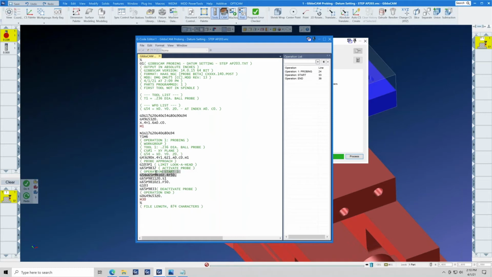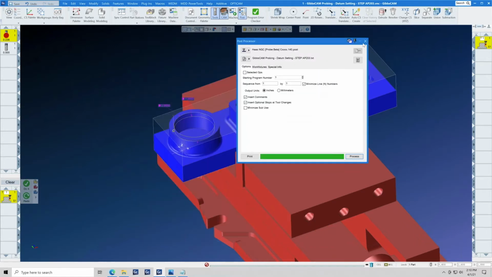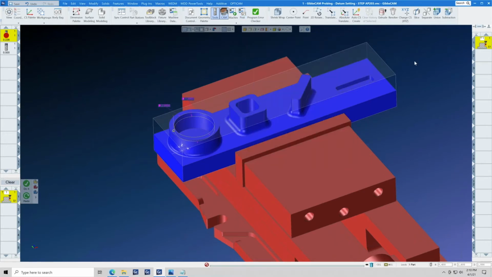Then we come into a, again, protected position move. We touch the top surface and we set S1, which is work fixture offset 1. Then we clear away from the part and end the program. We just set Z0, and we wanted to give you the opportunity to look at the code after it was output. The next thing we want to do is we want to set the X and Y of this corner